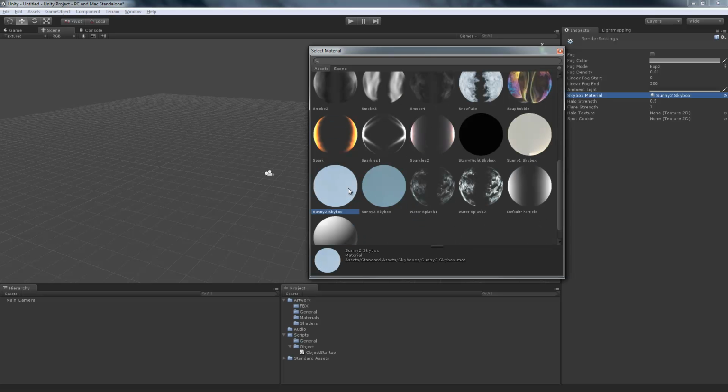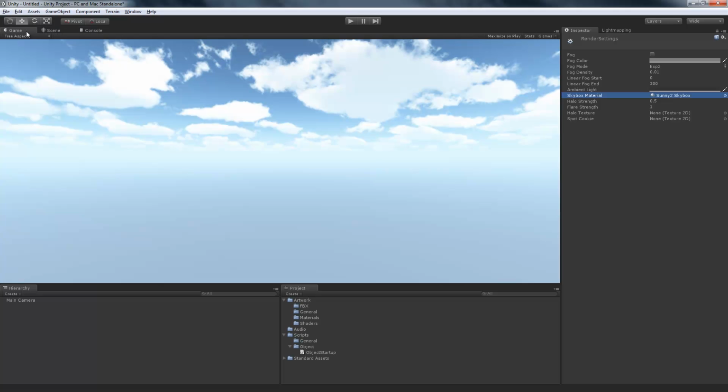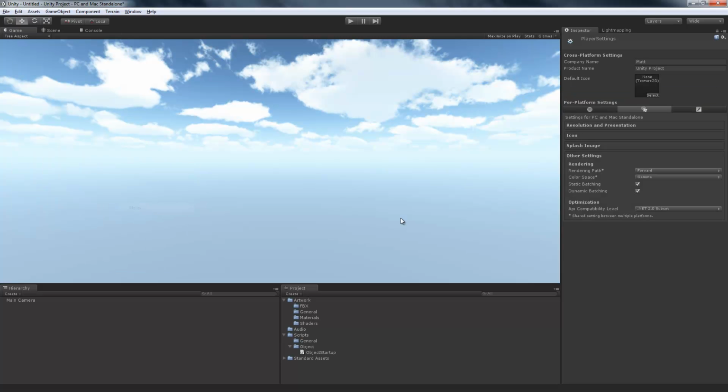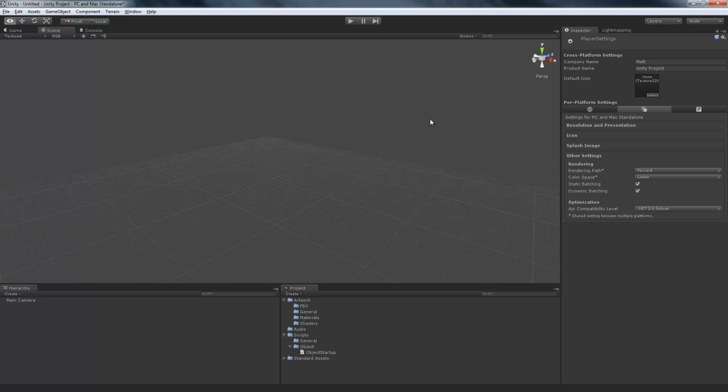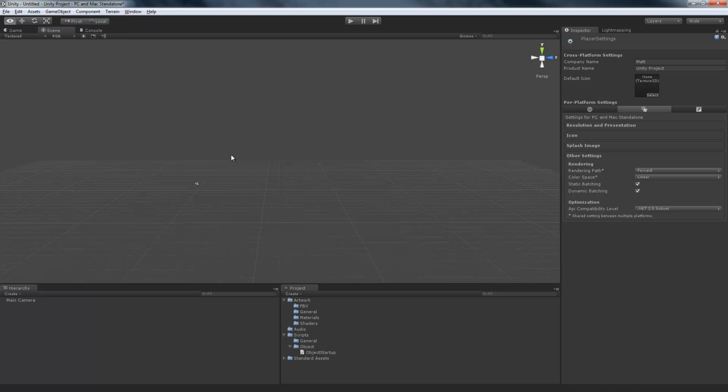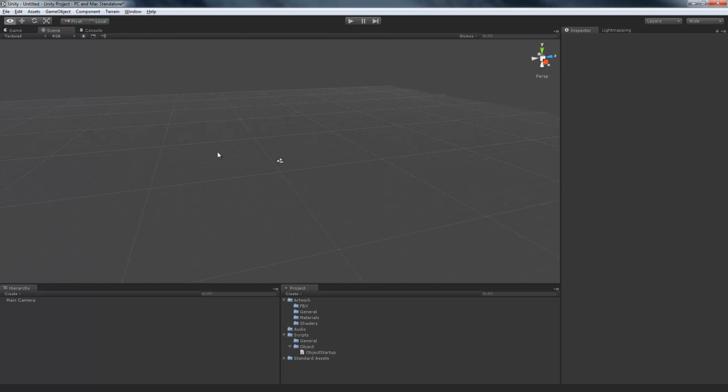Sunny 2 is a classic. You can see here. Also what I'm going to do is jump into the player settings and change it to linear lighting. I feel like we're using 3.5 and presumably building for PC initially, so we might as well look at using cool linear lighting stuff straight up. So we'll have a look at the difference between linear and gamma lighting